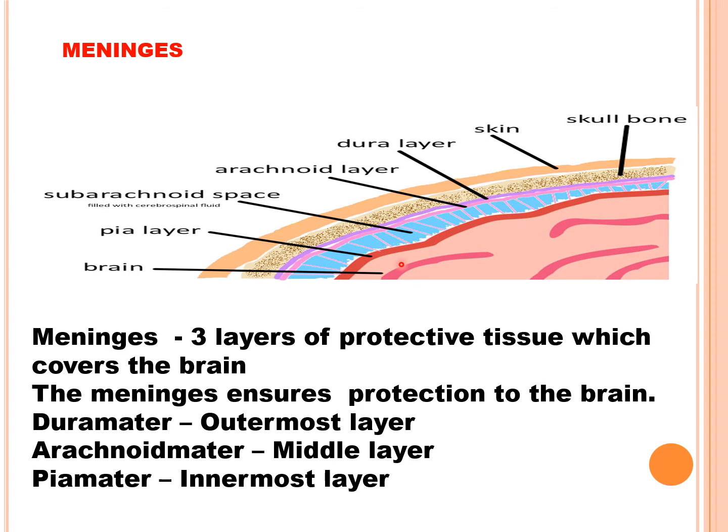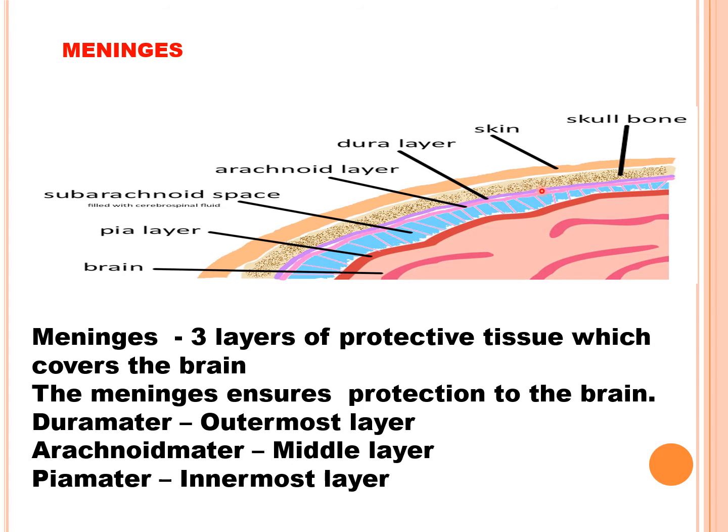Actually these membranes are not these colors. This is just to show the differentiation between the different layers present in the brain. So this first covering protecting the brain is called the dura mater. The dura mater is a tough covering of the brain. The membrane which lies just below the dura mater, this pink colored layer, is called the arachnoid matter. The arachnoid matter is a thin delicate middle layer which forms a web like cushion.